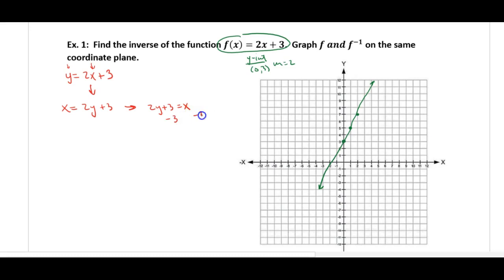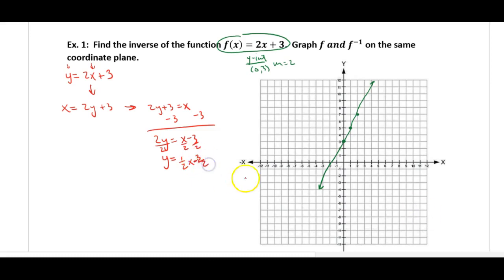I'm going to subtract 3 from both sides. I'm going to get 2y is equal to x minus 3. And then y is equal to, divide everything by 2, and I would get 1/2 x